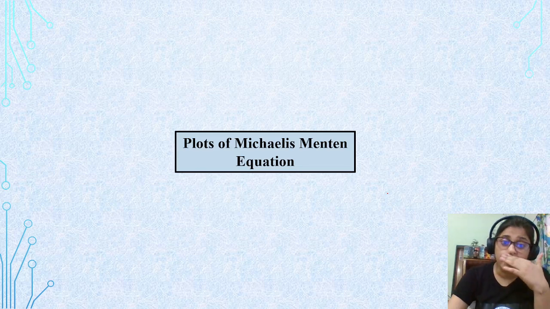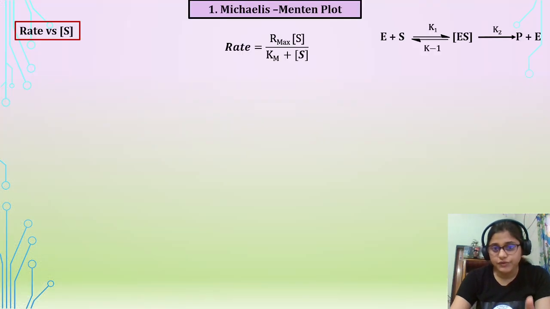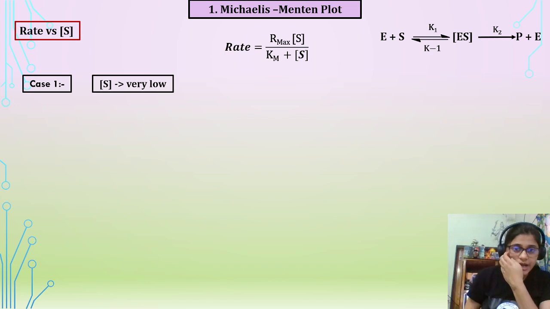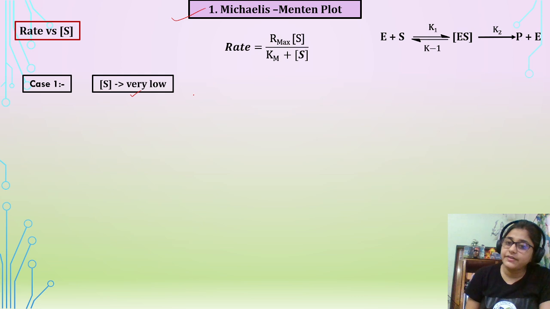Now the plots, this is very important. Okay, so see it carefully. Plots of the Michaelis-Menten equation. So we know this is the equation. So first we are taking the Michaelis-Menten plot, and case 1 is when S is very low. Okay, S is very low, fine. How does it affect the reaction rate? So as S is very low,